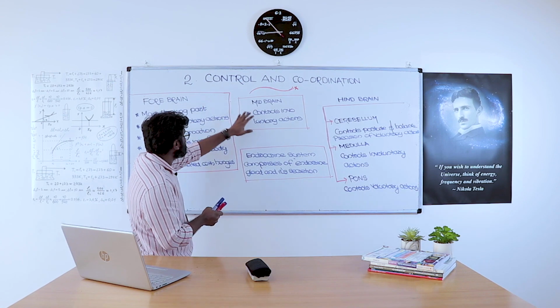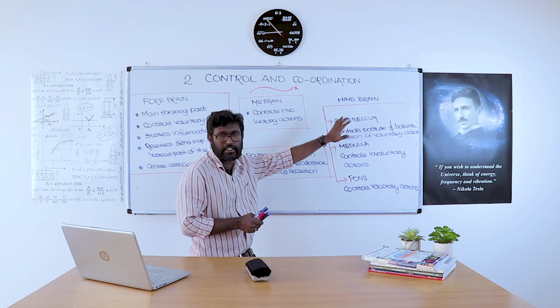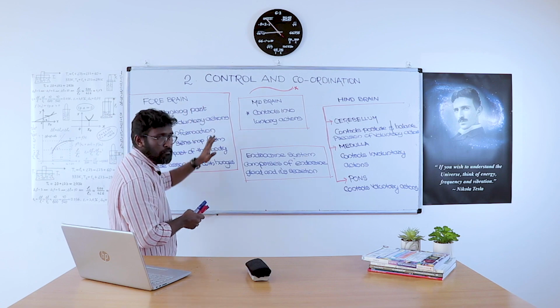So these are the three parts: forebrain, midbrain, and hindbrain. Forebrain, it is the main thinking part of